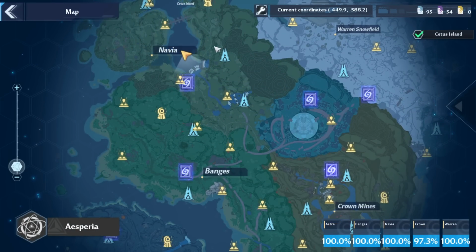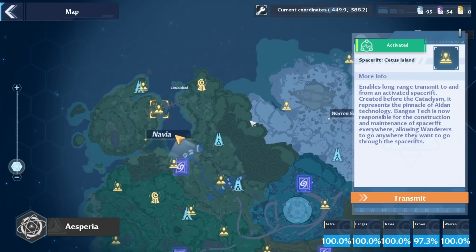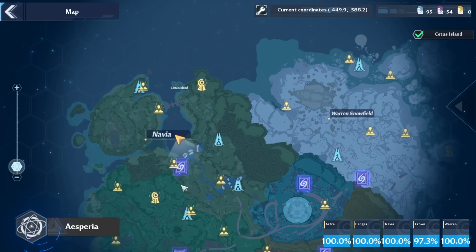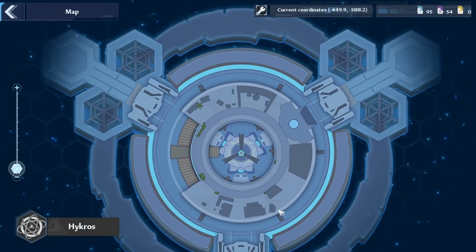And then Cetus Island claw machine 3 times on the attempts there, so you can get quite a bit of materials for those awakenings that we talked about earlier. And then head to Hykros. Once you're at Hykros, you can do the loop and collect all the machine parts from the little trash bins